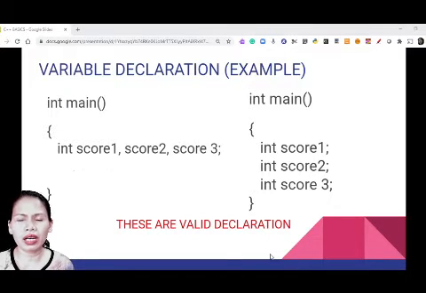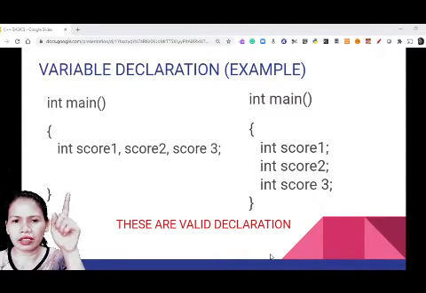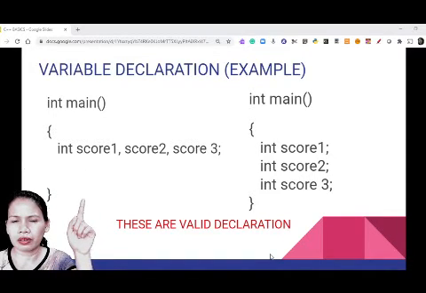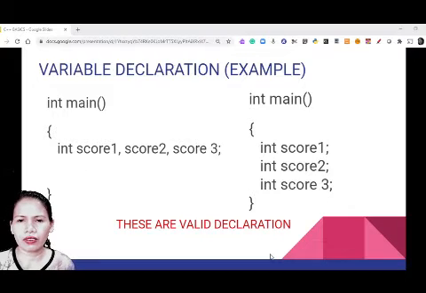What if you have very long lines of integers? So it's better you arrange it this way. It's better to use this option if it is all integer, so that in the next line you can use double, then other variable names. Okay, so the int is the data type, and then the other ones are the variable names. Score1 is a variable name, score2 is another variable name, then score3. Okay,